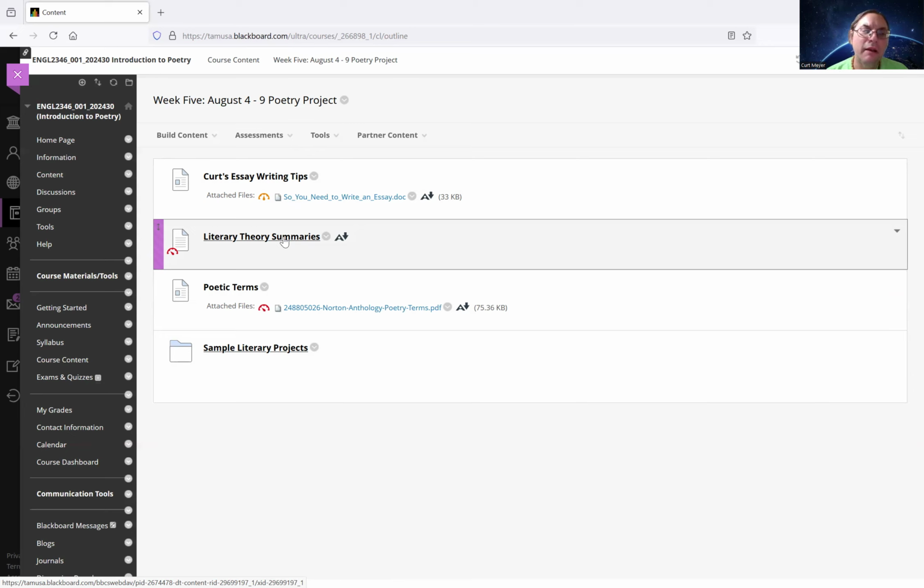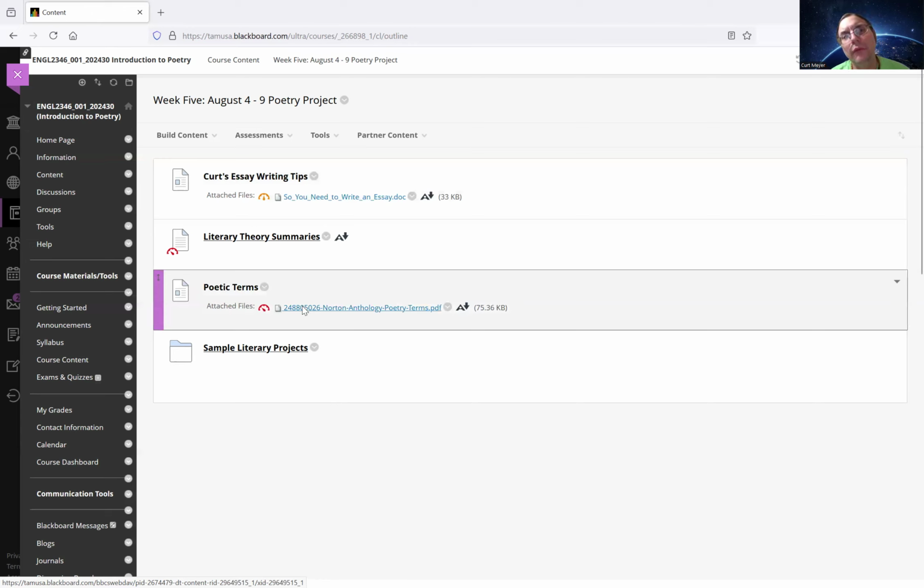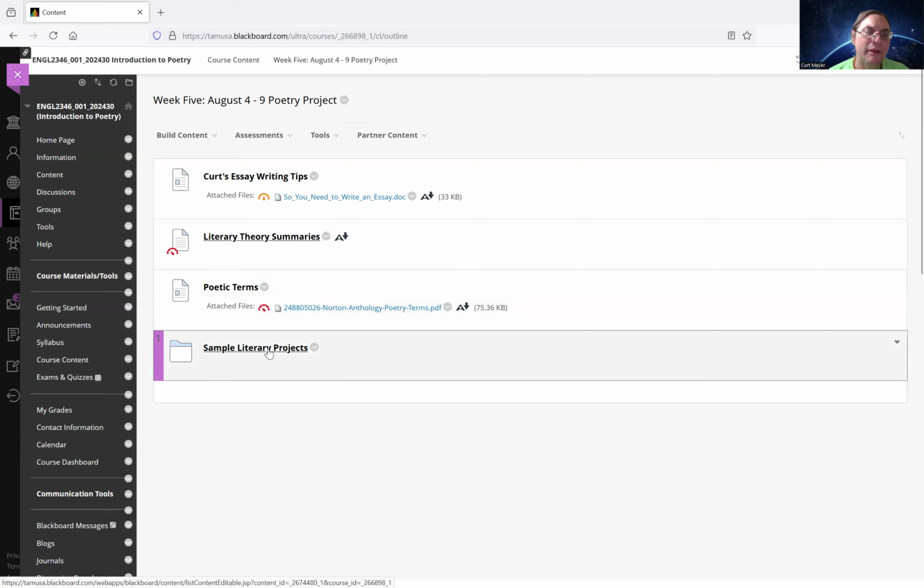Poetic terms, again, if you're writing an essay, equally important. Even if you're reflecting on the composition, right, of a creative poem, right? Poetic terms could be important in that. And then again, sample literary or poetry projects. Again, these are not from a poetry course. These are from a world literature course. But again, the same sorts of idea. Okay, as and what students create and so forth.